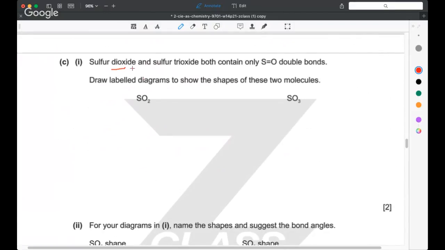Okay, so sulfur dioxide and sulfur trioxide contain sulfur double bonded to oxygen. Well, sulfur, you see, has 6 electrons in the outer shell. Now, if it's double bonded to oxygen, then that sulfur has used 1, 2, 3, 4 of the electrons in its outer shell, and it's got 2 remaining. With sulfur trioxide,